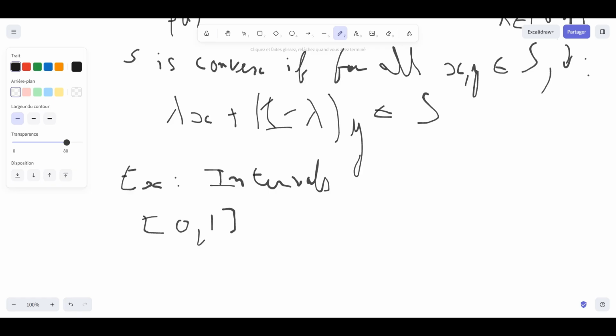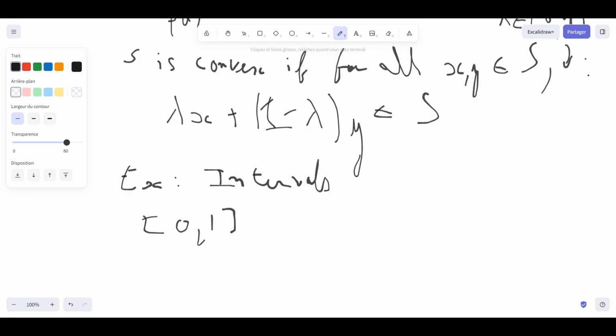If you take 1/2 of something between 0 and 1 plus 1/2 of something between 0 and 1, it will be in [0, 1]. No matter what you take, it will still be in [0, 1], whatever combination of lambda you choose,